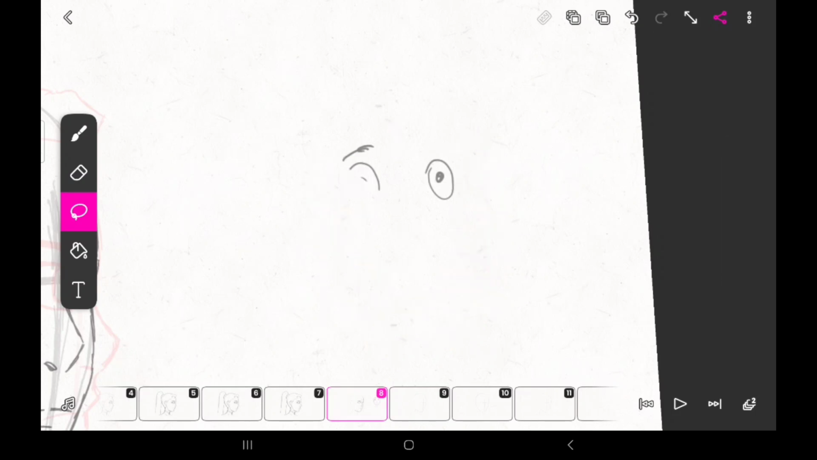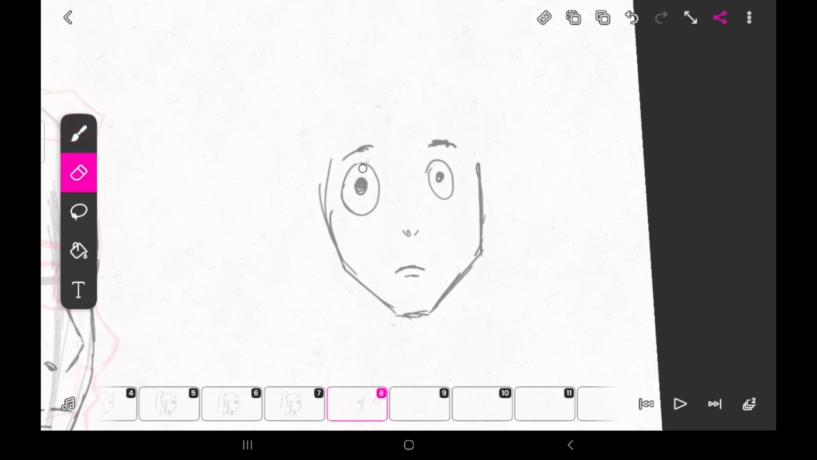Okay, let me clean this. Having a more defined jawline tends to give it a more adult look. So that's just it. And when you're drawing adults, you also tend to make your eyes a little bit smaller,